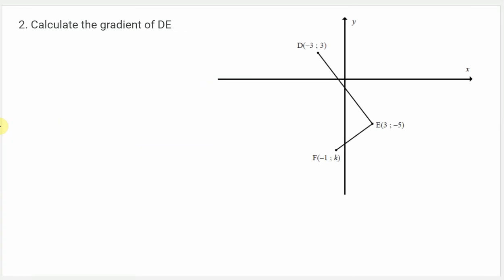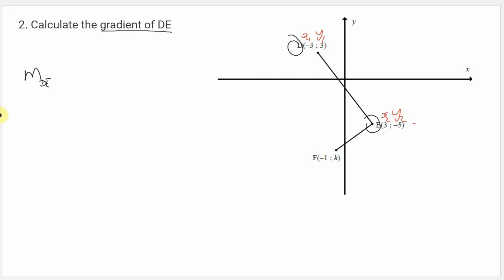Okay, then our second question says we should calculate the gradient of DE. So as you can see, you are still working with the same points, D and E again. So I'm just going to go ahead and do my thing. x1, y1, x2, y2. Alright, so this means that now you just write down your gradient formula, which is m,